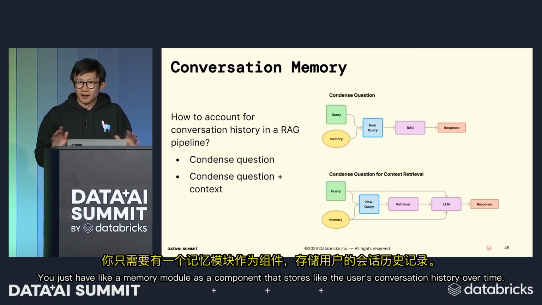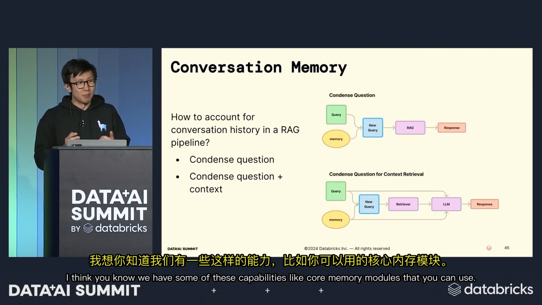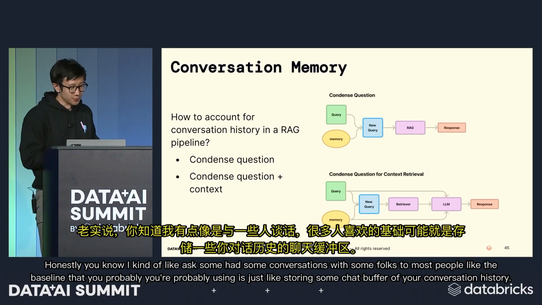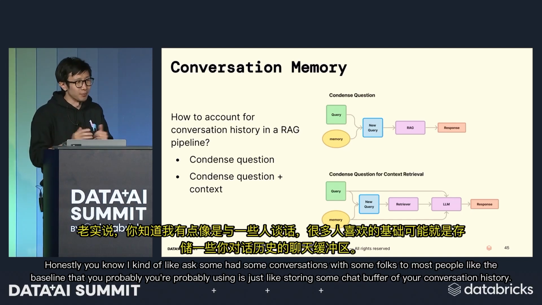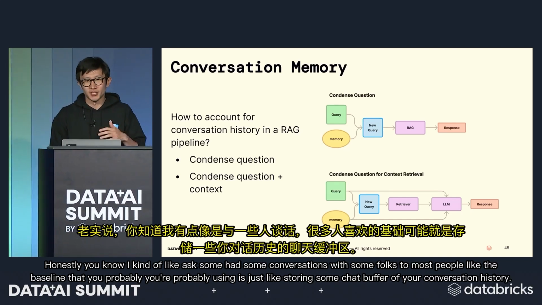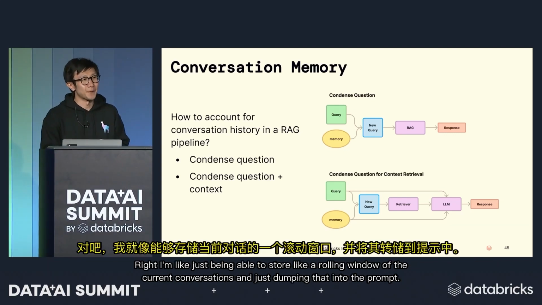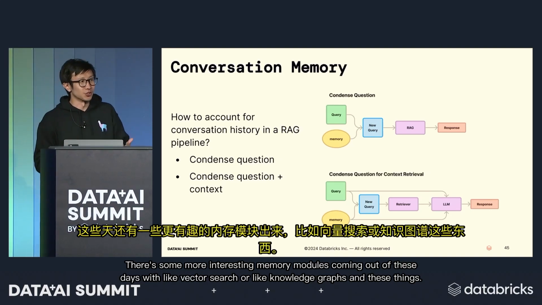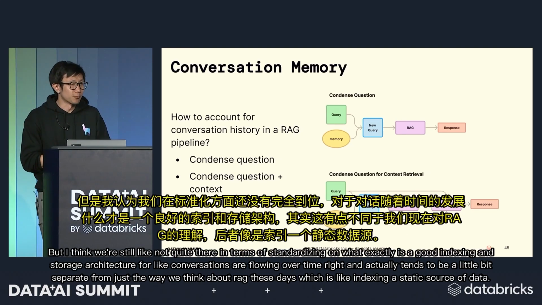I think we have some of these capabilities, like core memory modules that you can use. Honestly, I had some conversations with some folks too. Most people, at the baseline, are probably just storing some chat buffer of your conversation history, right? Just being able to store a rolling window of the current conversations and dumping that into the prompt. There are some more interesting memory modules coming out these days with vector search or knowledge graphs and these things. But I think we're still not quite there in terms of standardizing on what exactly is a good indexing and storage architecture for conversations flowing over time,